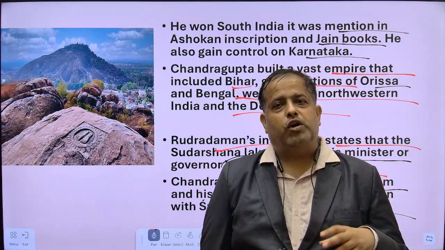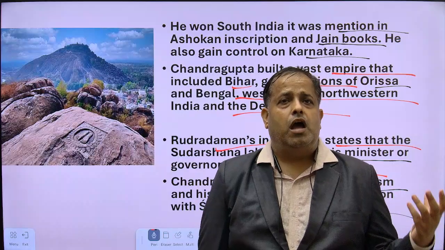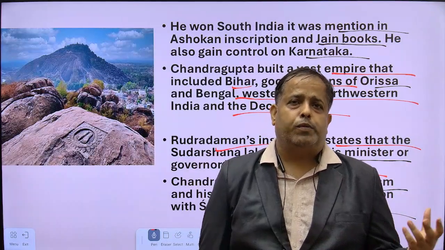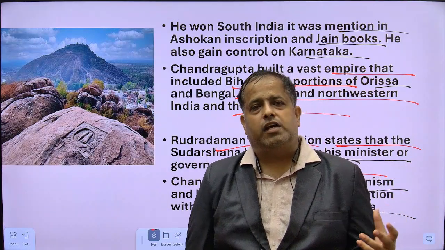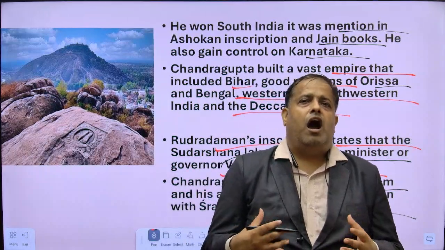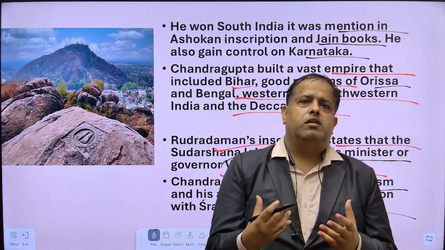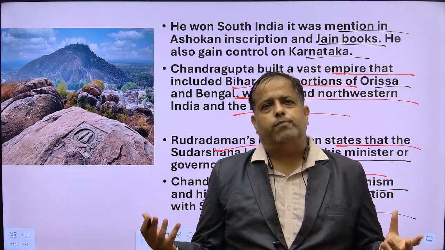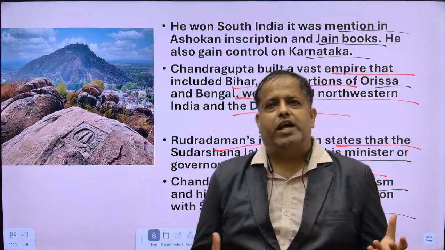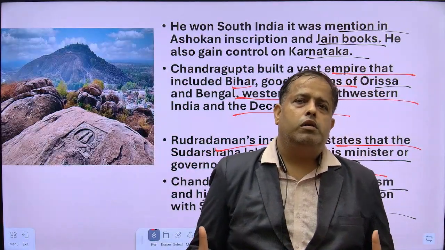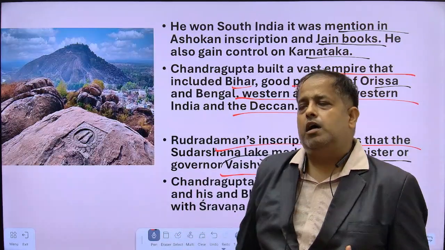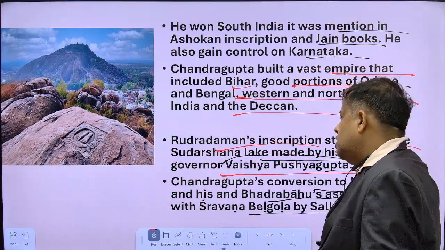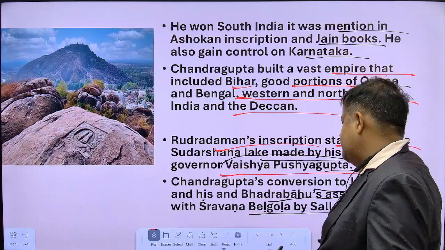But Sallekhana is very important for you because in modern time a debate is going on about Sallekhana in the Supreme Court, because in Sallekhana the Jain monks surrender their body after continuous fasting. According to some people, this is just a type of suicide. So that's why the debate is going on. So you have to mention Sallekhana. The first ruler who destroyed his body by Sallekhana was Chandragupta Maurya.